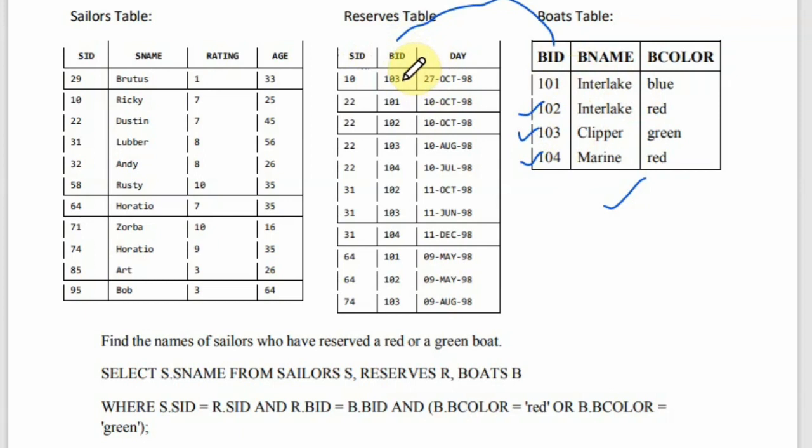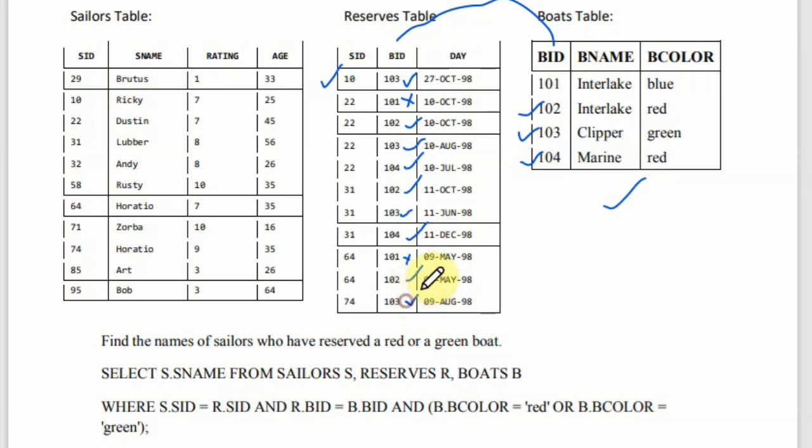This is not taken because it's not a red or green boat. 102 is taken because it's a red boat. 103 is taken, it's a green boat. 104 is taken, red boat. 102 red, 103 green, 104 red. 101 not taken because it's a blue boat. Then 102 taken, red boat, and 103 taken because it's a green boat. So from all these tuples in the reserves table, two tuples have been eliminated, this tuple and this tuple.